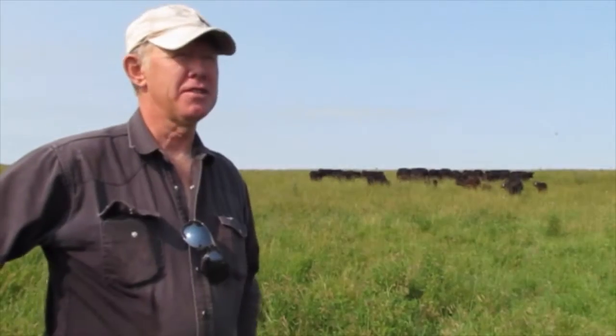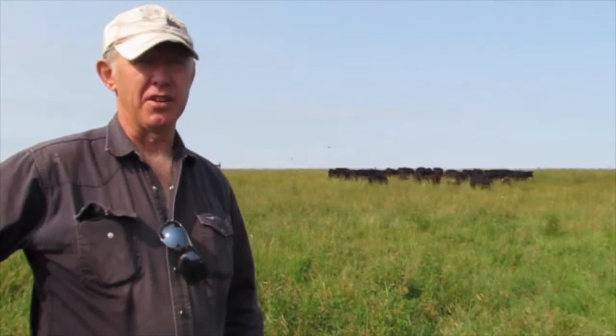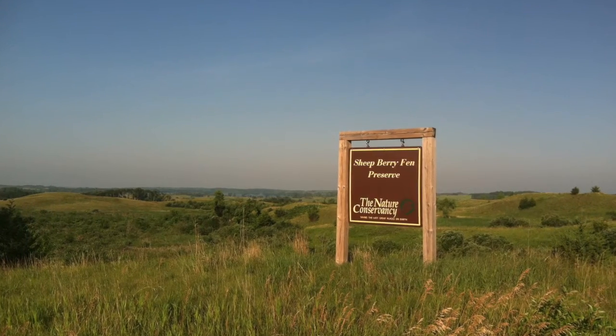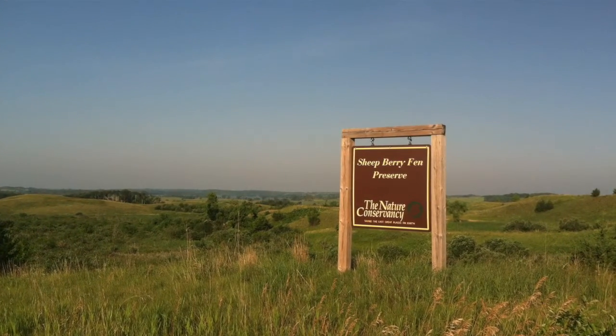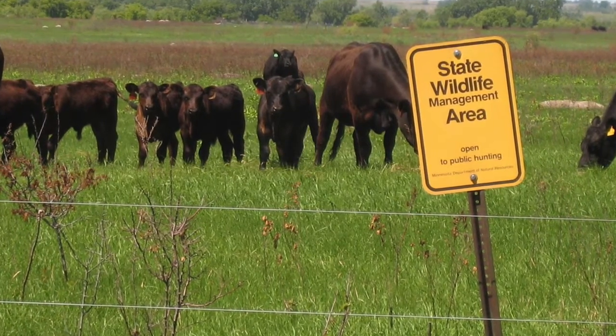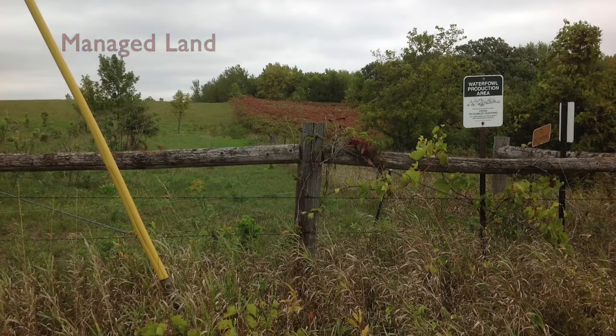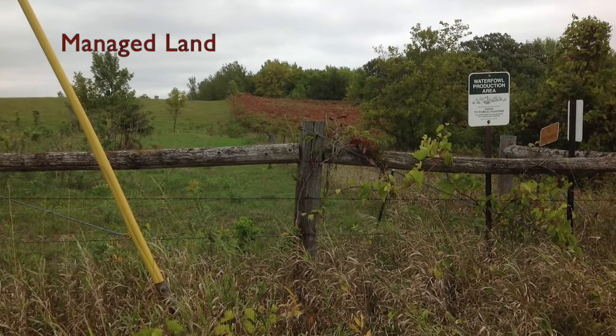A lot of the conservation agencies procured a lot of land but really didn't manage a lot of it, and a lot of land in this country that's really good grass, good cattle country was standing idle. And now with the new generation of agency administrators and their belief that cattle can help improve that agency land,